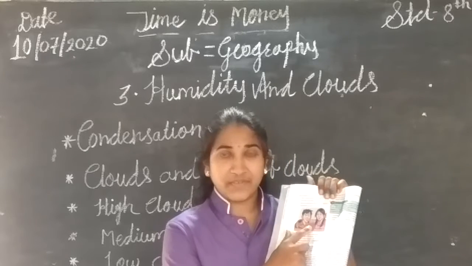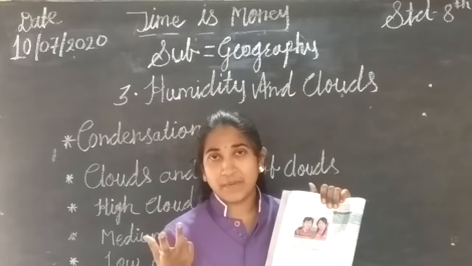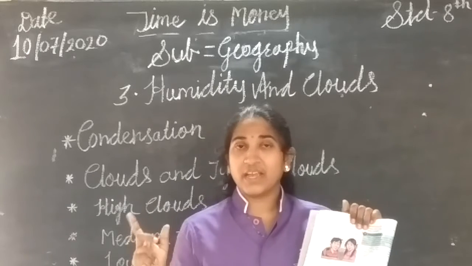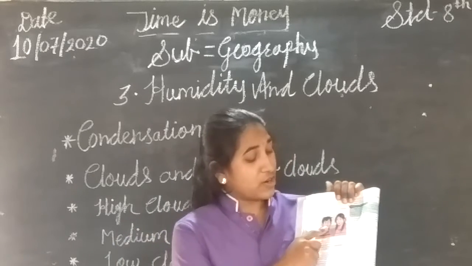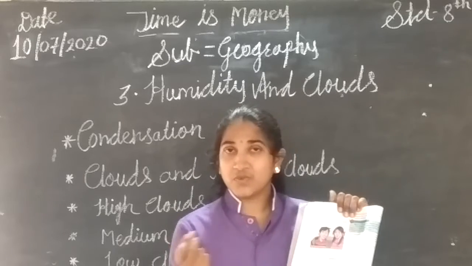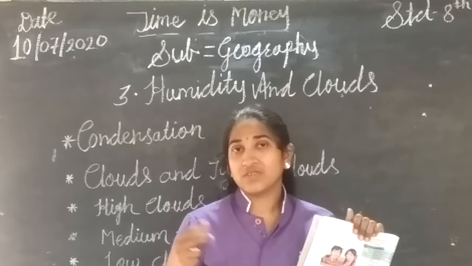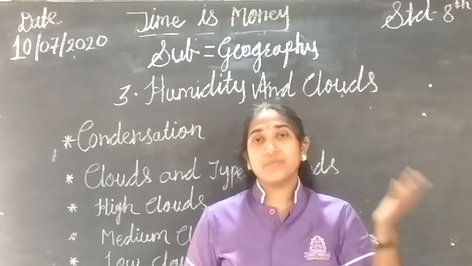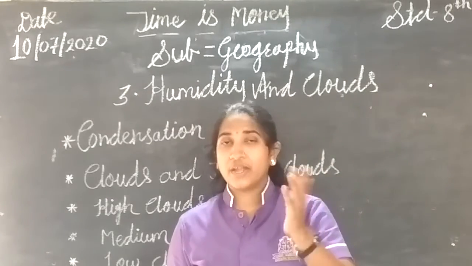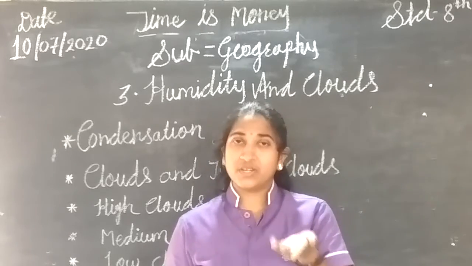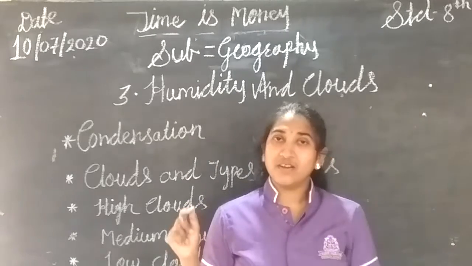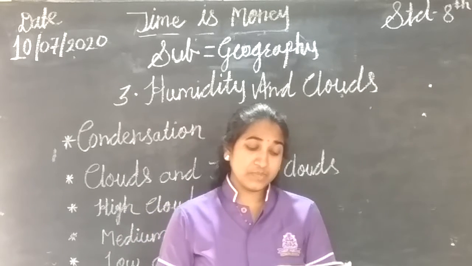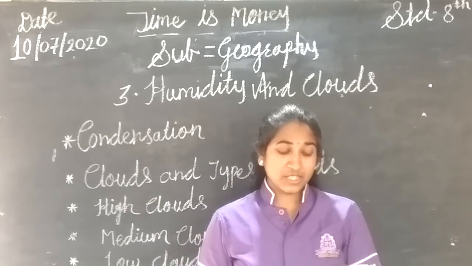Okay. In the second activity, we put the ice in the glass, right? And because of this the glass becomes cold. The surrounding air, when it contacts this glass, that means this cool temperature, is also converted into water droplets. That means the process of water vapor in the air being converted into water droplets is called condensation.